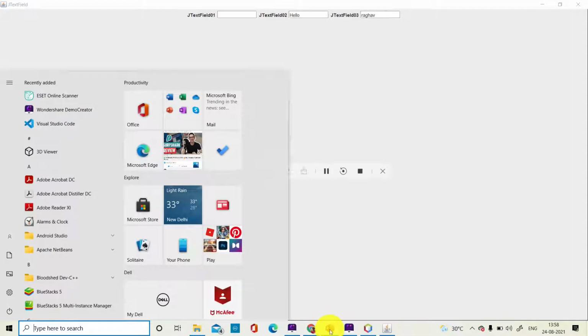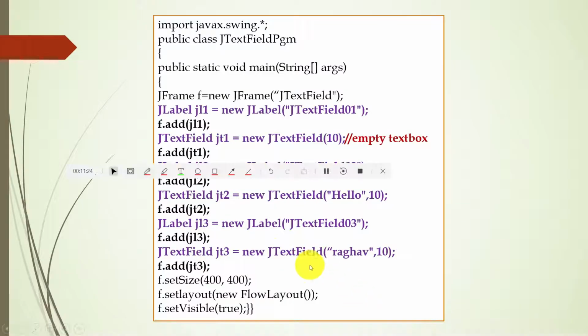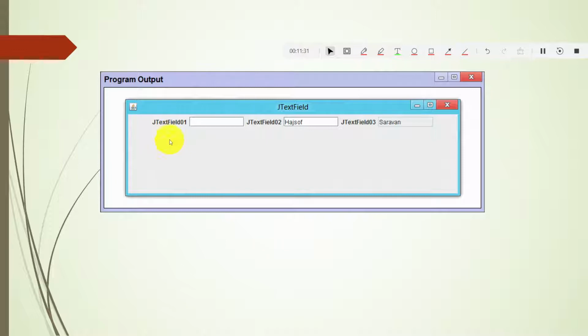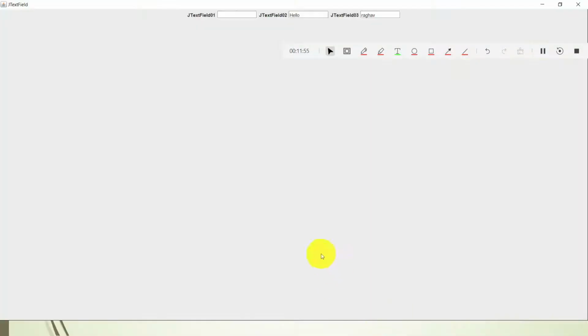Let us go back to our PPT and continue. Hope you have understood this. It's not very complicated, it's very simple. This is how it looks. This is a text field. Don't get confused with the output outside and these two things. It's nothing but a simple text field with three text fields inside. This output is shown like this because initially the name in the text field was different, and I changed it to whatever I want, so that you can clearly see in the program, students. I'll take you to the program.